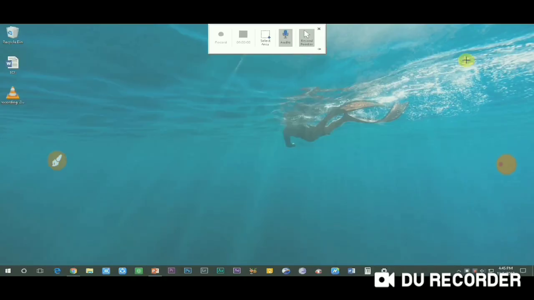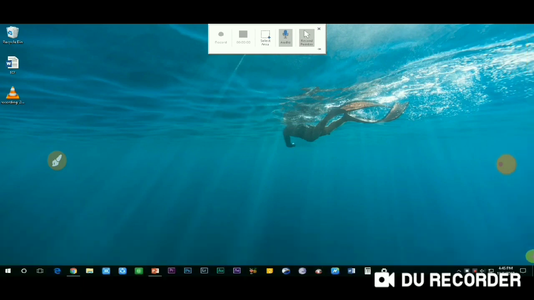Just click on the Insert tab. Then at the last option, you can see screen recording is here. Just click here. Now you have to select the area which you want to record. So I am selecting the area. Okay, I want to record this area. I select it. We have many options here.